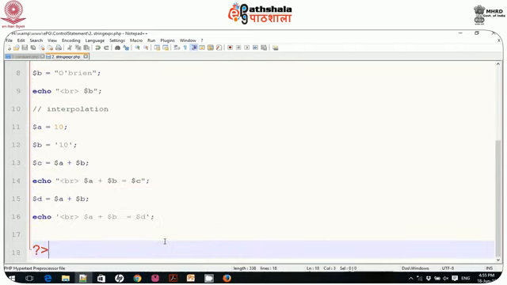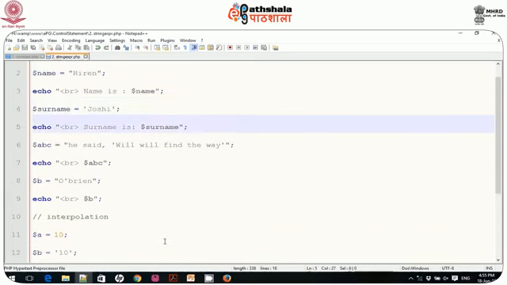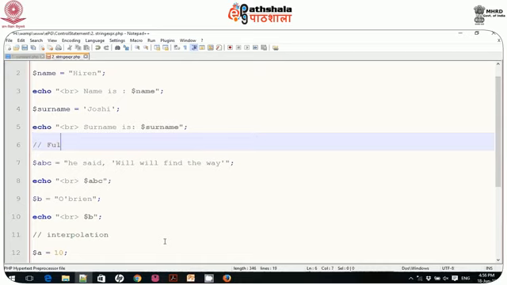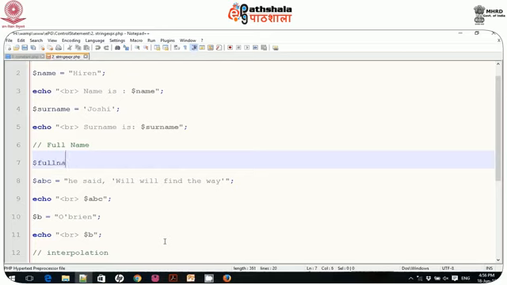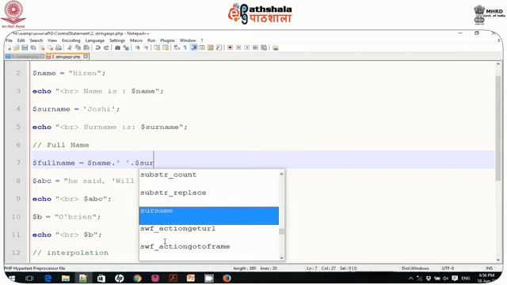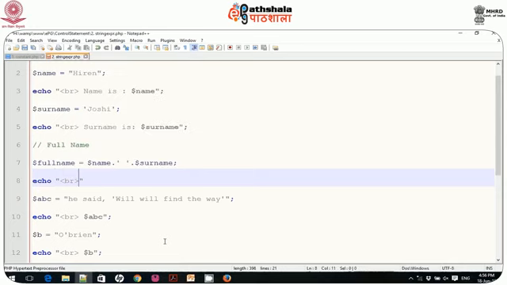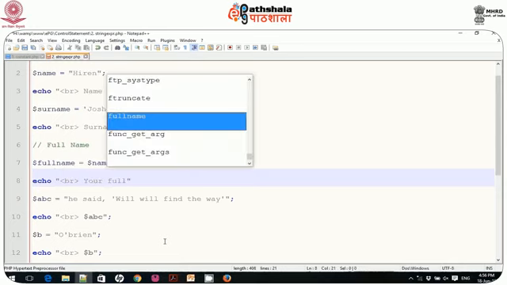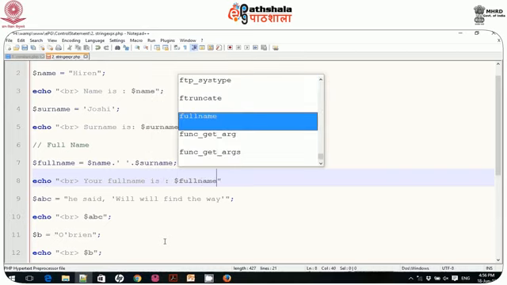Here I define my first name and last name, so I can write here $fullname is assigned $name dot, I want to put some space, so I provide some space, and $surname, and you can display echo br your full name is $fullname.